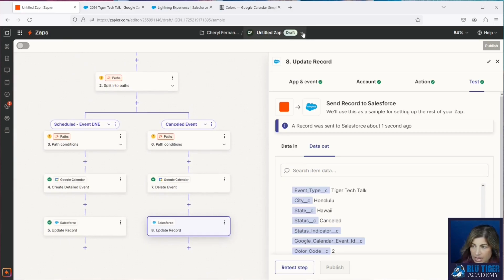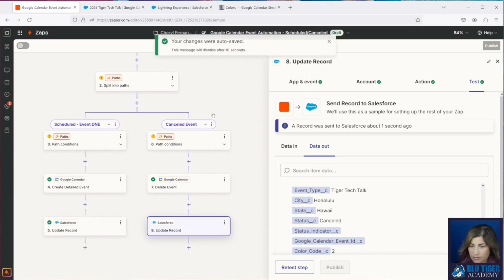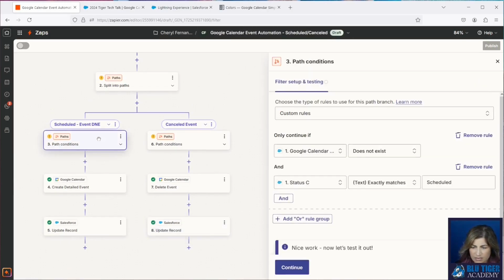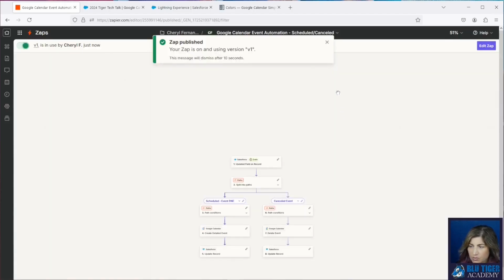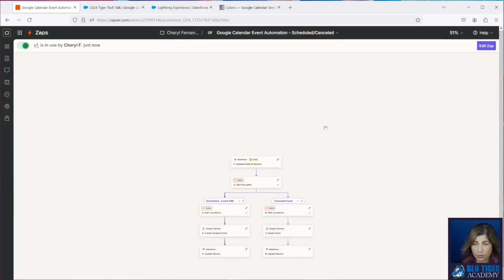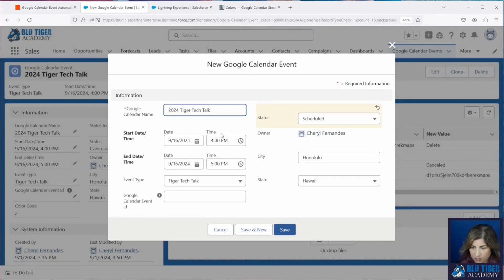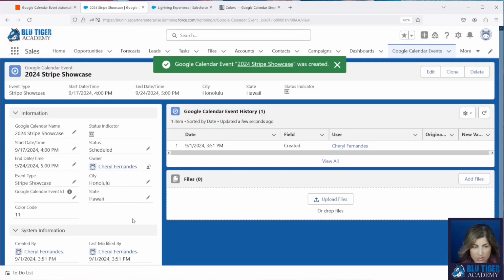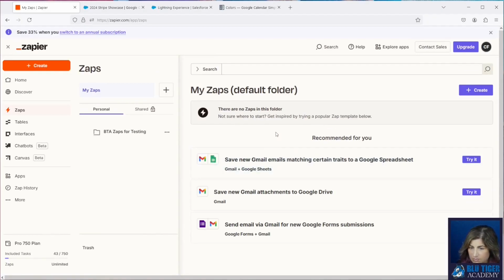All right, so let's go ahead and save this Zap. We're gonna rename it. And now Zapier's still upset. It's not letting me publish yet. Let me just get this worked out real fast here. Okay, now I can publish this. So now if I wanted to test this for real, let's go ahead and clone this record. So now Zapier will fire in 2 minutes. Let's go to our Zaps.